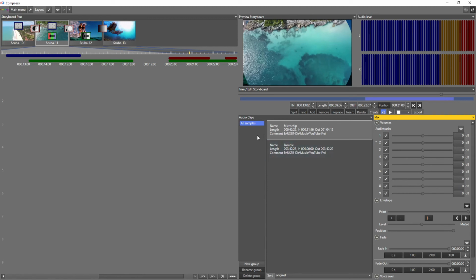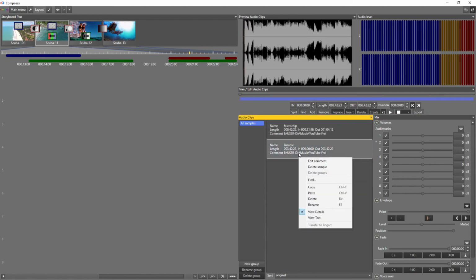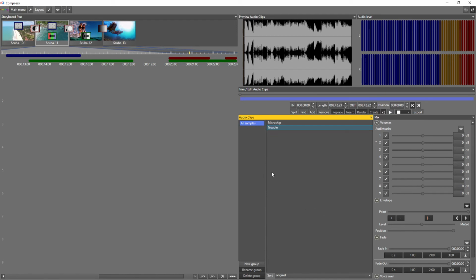If we don't need sample groups or a lot of details, right mouse clicking and switching to the text view might do the job.